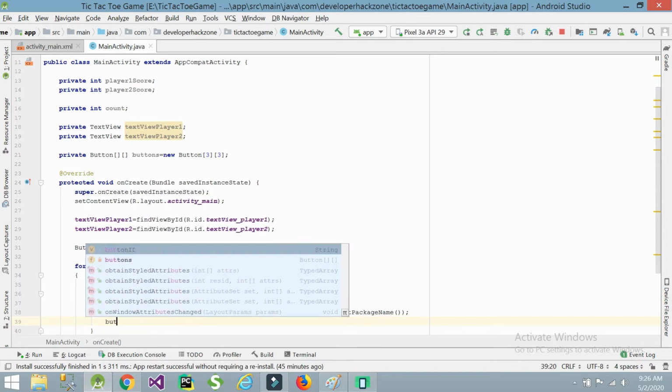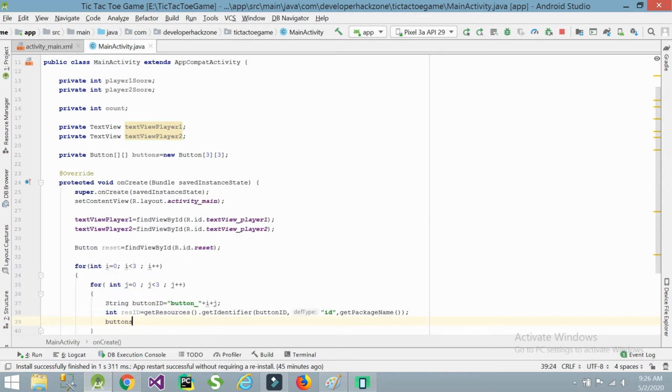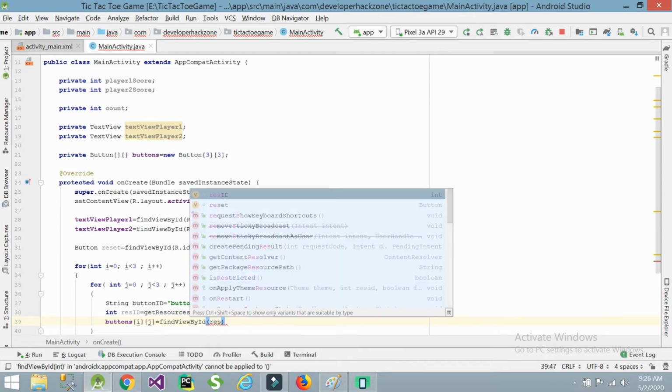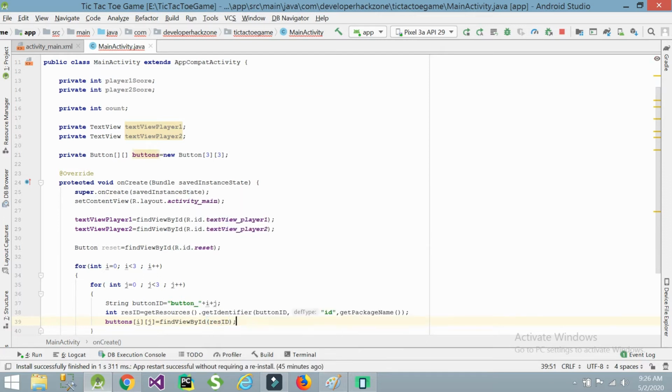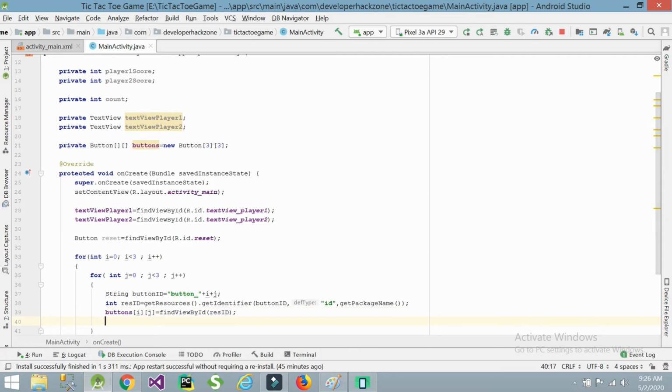Next, buttons[i][j] equal to findViewById of the resource ID. We are assigning it to this particular button, and every time we click on the button it needs to run functionality.